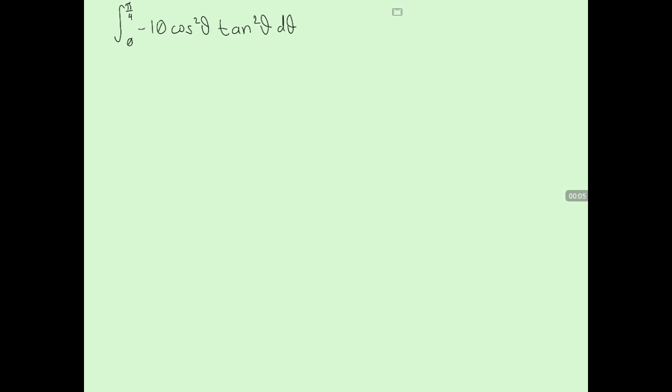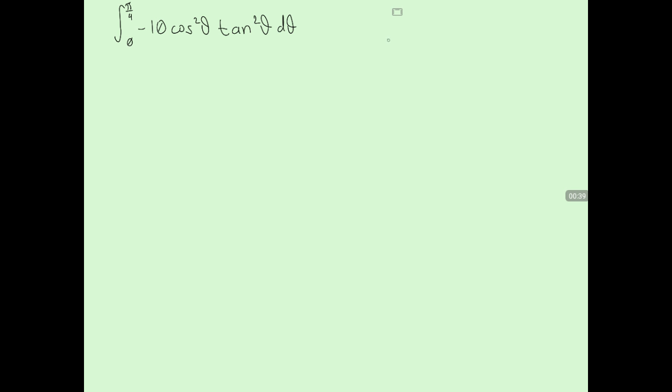We are given this definite integral from 0 to pi over 4 of negative 10 cos squared theta tan squared theta d theta. Now, if we look at this, we can see that our integral is expressed in terms of cosine functions and tangent functions, and they're both trigonometric functions, so we might be tempted to start doing maybe substitutions or integration by parts, but it's good to think back to the trigonometric identities, and just from looking at this,